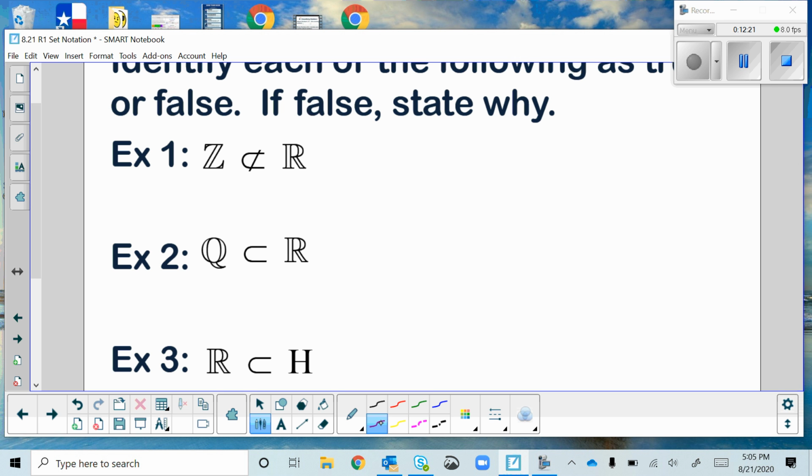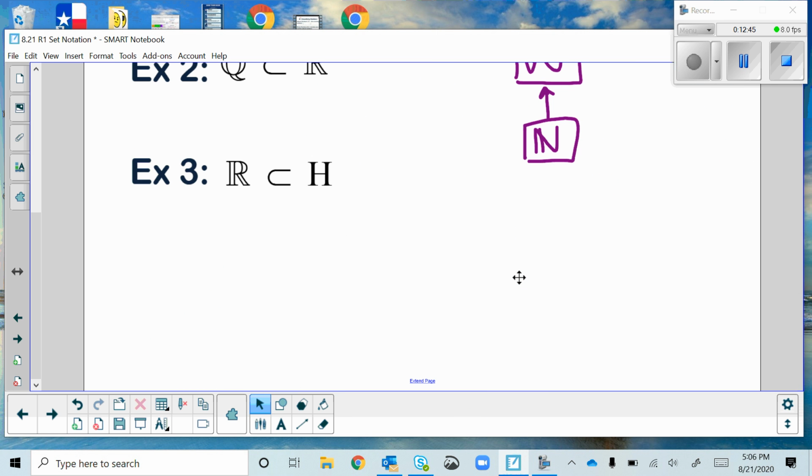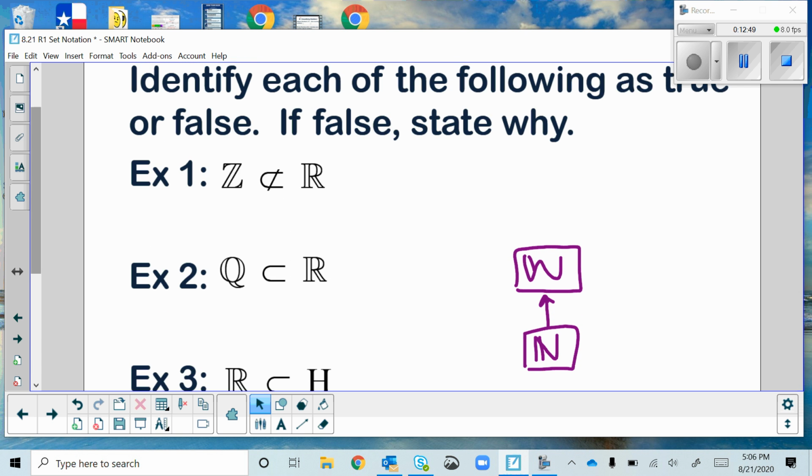In the last lesson, when we first talked about the different classes of numbers, we started with the natural numbers. And that was the smallest group. That was 1, 2, 3, and so forth. And then we added 0 to that group, and it got a little bit bigger. And we called that whole numbers. And then we added